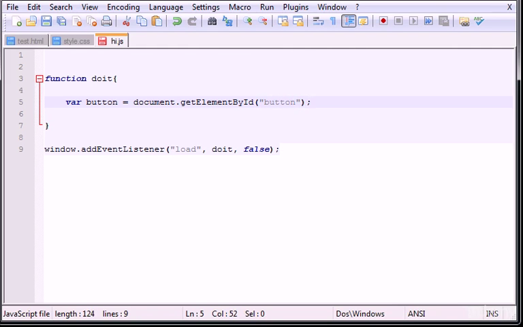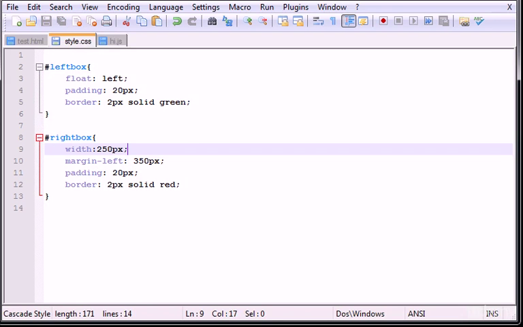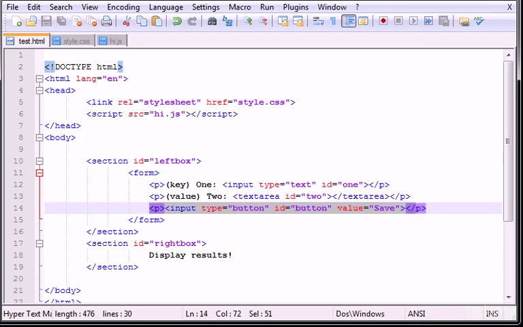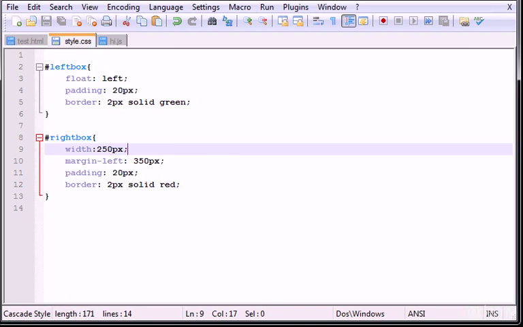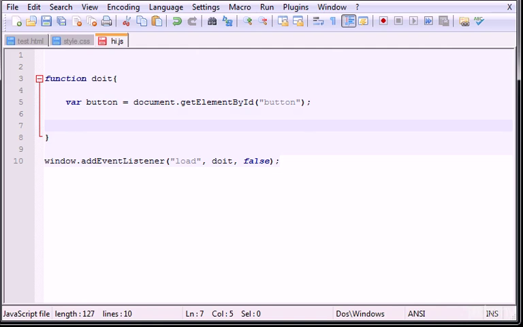And the button, you already know, it's this input here, okay, ID button. So whenever we click, we want something to happen whenever we click the button. So now I'm going to use the variable button and give it an event listener, and now we have three parameters, which is click. So whenever we click, pretty similar to jQuery, whenever we click the button,